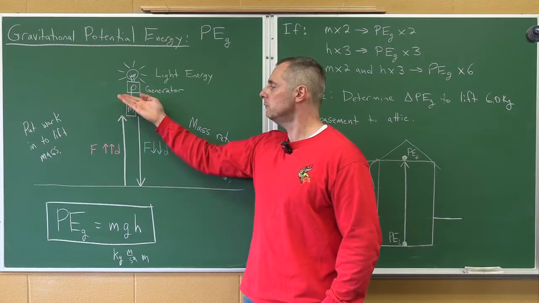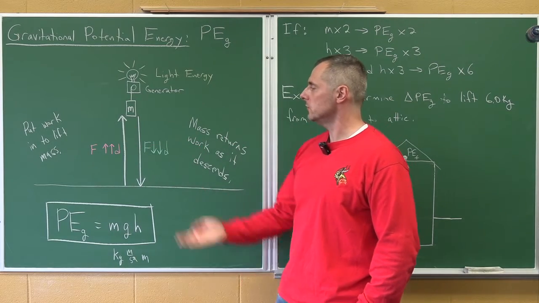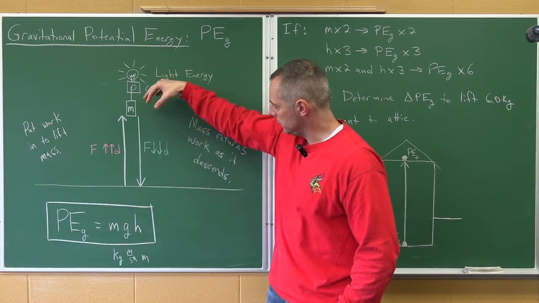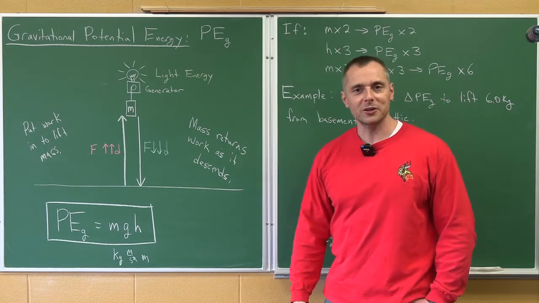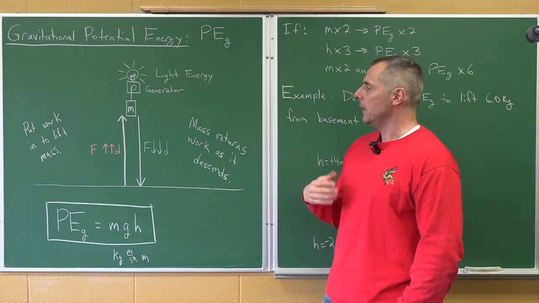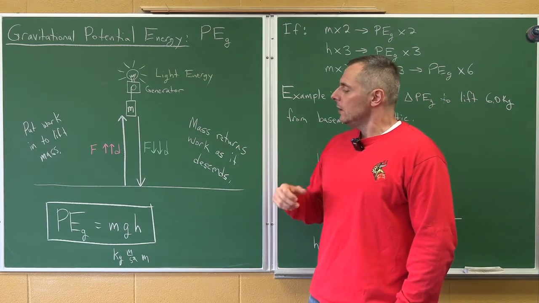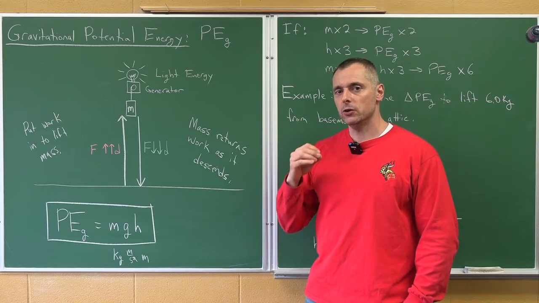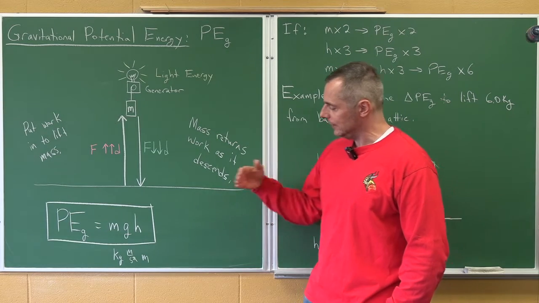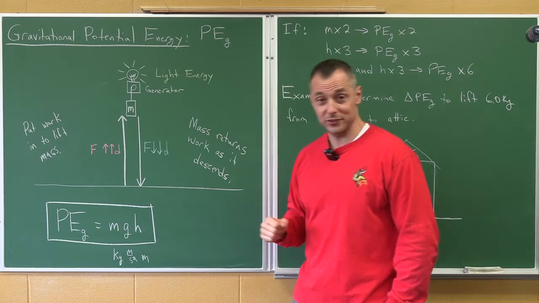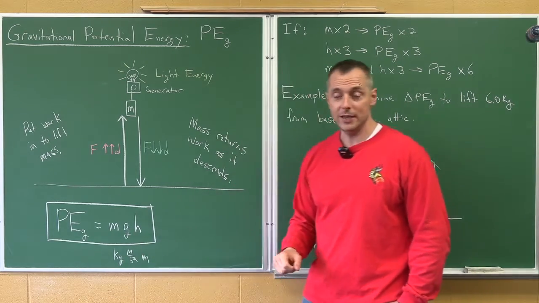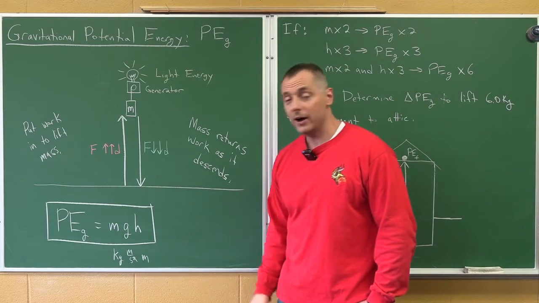I put in positive work to lift the mass. Then when I let this go, the mass returns force times distance, the mass returns the work as it descends. Now, that's the concept. The equation, the amount of potential energy or work stored in a mass is PEG equals mgh. The mass must be in kilograms, g is 9.8 in meters per second squared, and the height must be